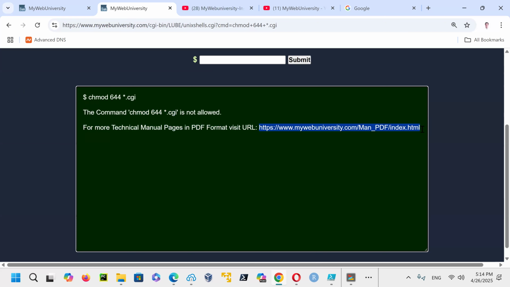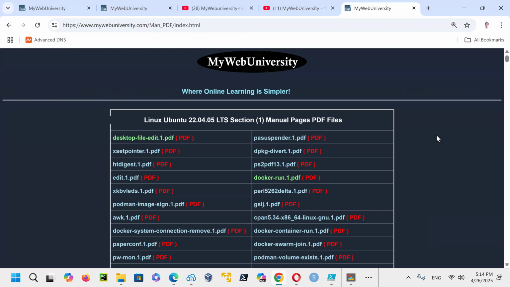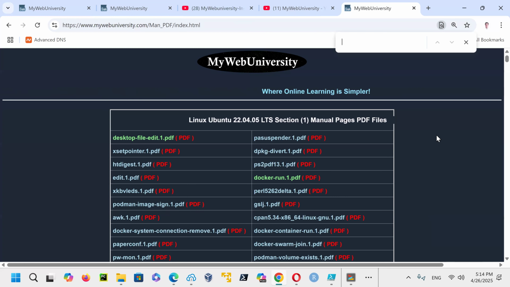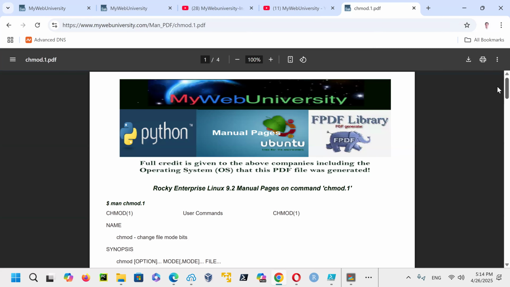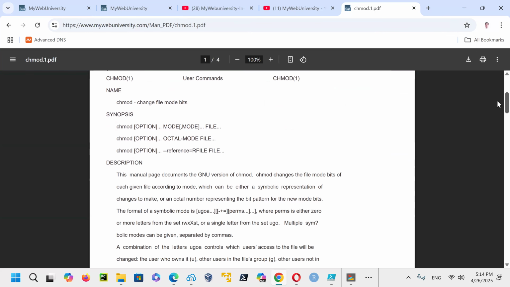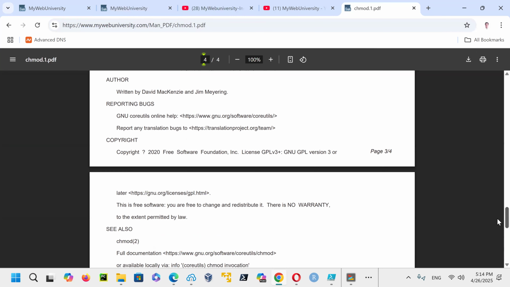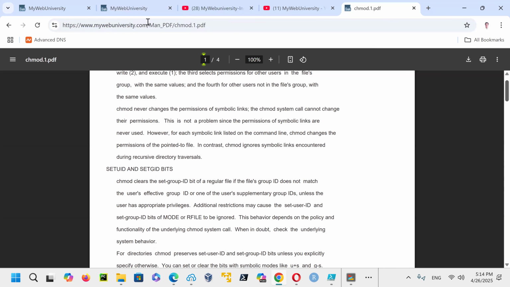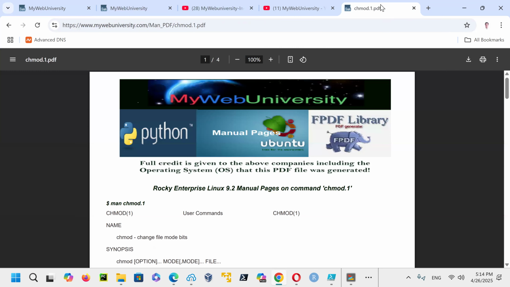At the same time, I give you this PDF file documentation. I say, go to the PDF file documentation, and then you might find a command related to that. So if you do Control F and type in change mode, now I give you the PDF version of change mode. You can say on Linux Ubuntu, if you want to learn it, it requires permission, but these are the commands. Yet on our system, I did not allow it. So I'm not going to show that one, but I show you a PDF version of the documentation.